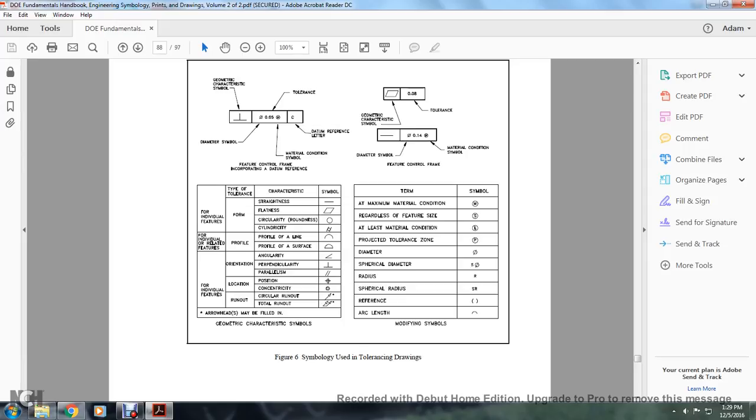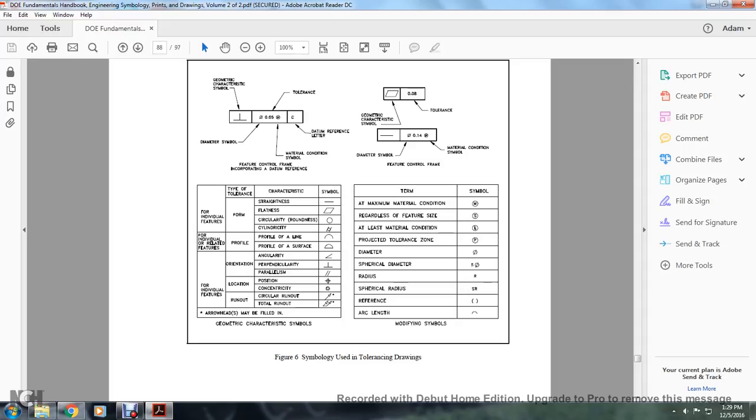Concentricity is a double circle. Circular runout is a circle with a small dot or point with an arrowhead to it. Total runout is two arrowheads with a point to one. The arrowheads may be filled in. Terms: maximum material condition M, regardless of feature size S, least material condition L, projected tolerance